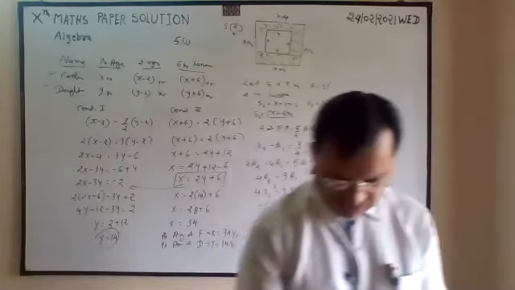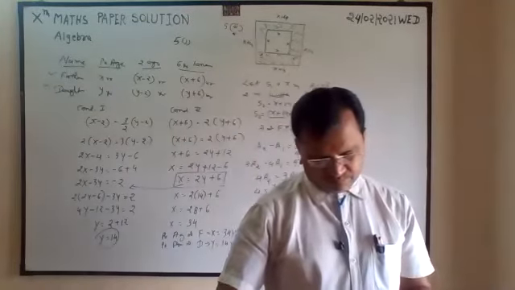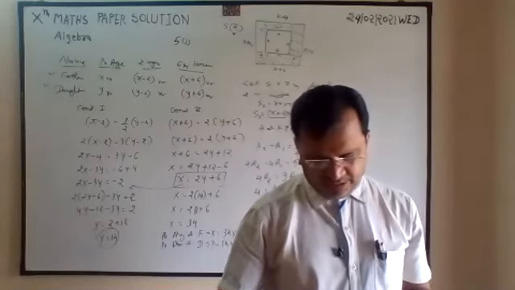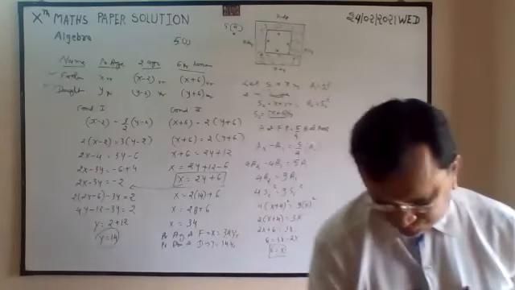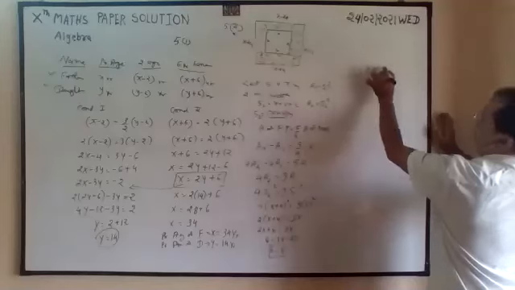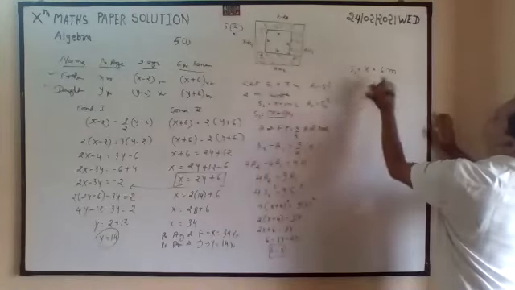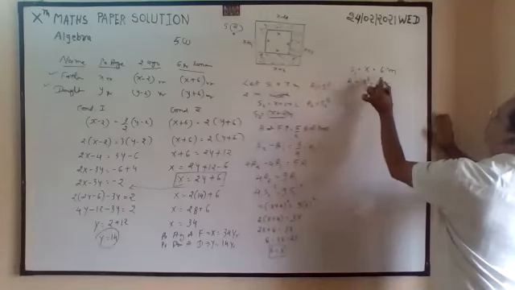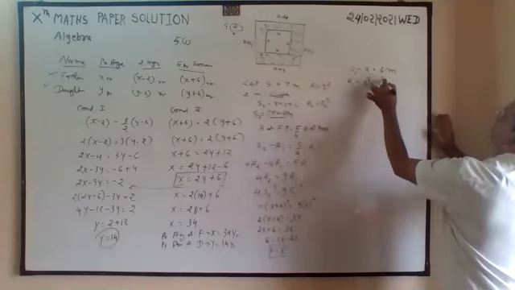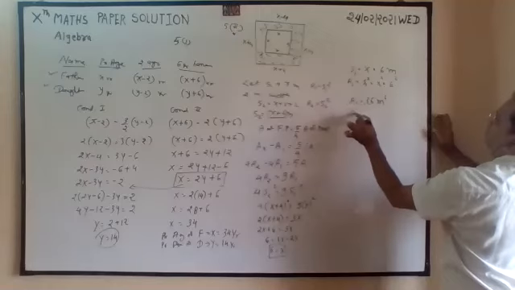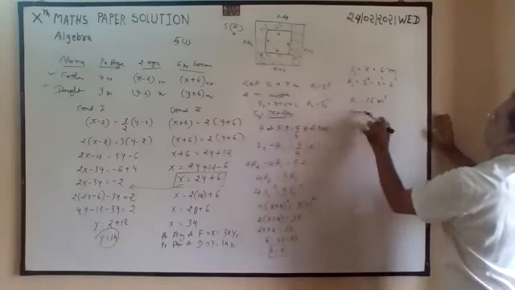So final question. Find the area of the pool. Therefore, side 1 is equal to x is equal to 6 meter. So the area of pool is equal to side 1 square is equal to 6 square. Area of,